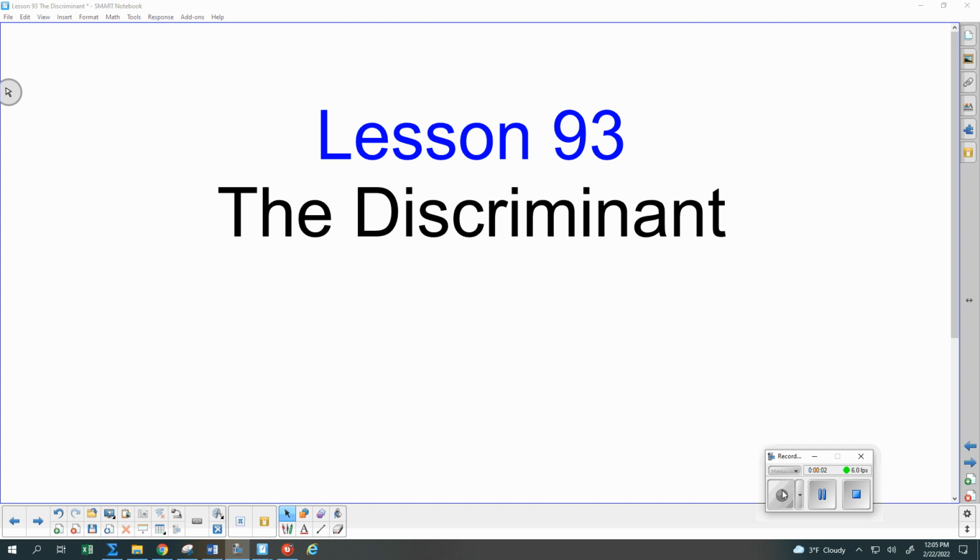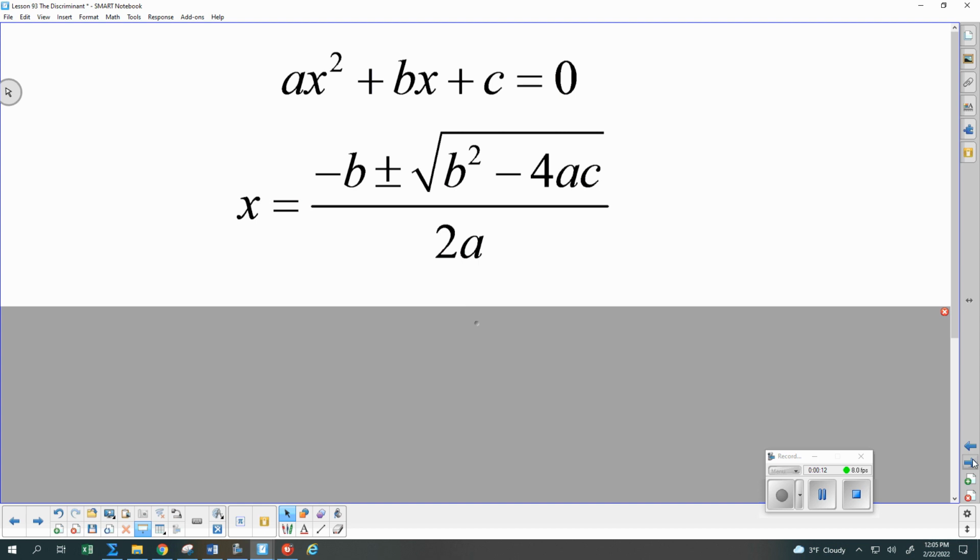Today we are looking at something called the discriminant, and it is one small part of something you have already learned. Specifically, it's part of the quadratic formula. So if we have a quadratic equation equal to 0, this is the whole quadratic formula. But there's a part of it that is special, and that is just the inside of that square root, b squared minus 4ac. Not the square root of that, not the opposite of b plus or minus that, just that